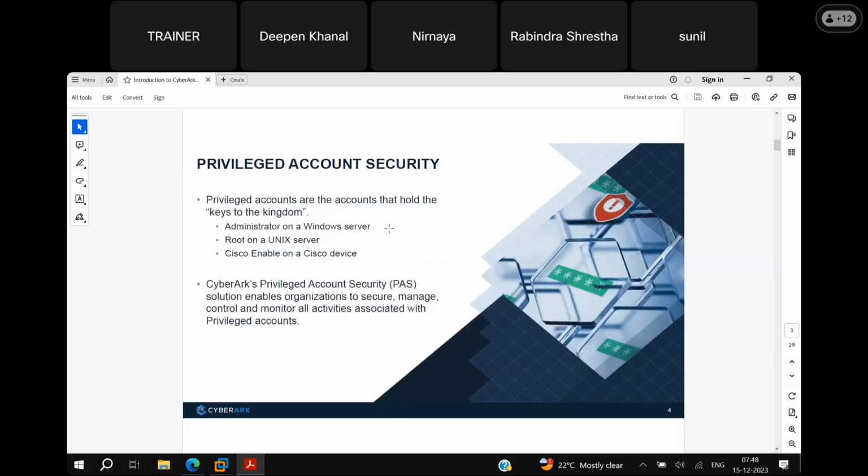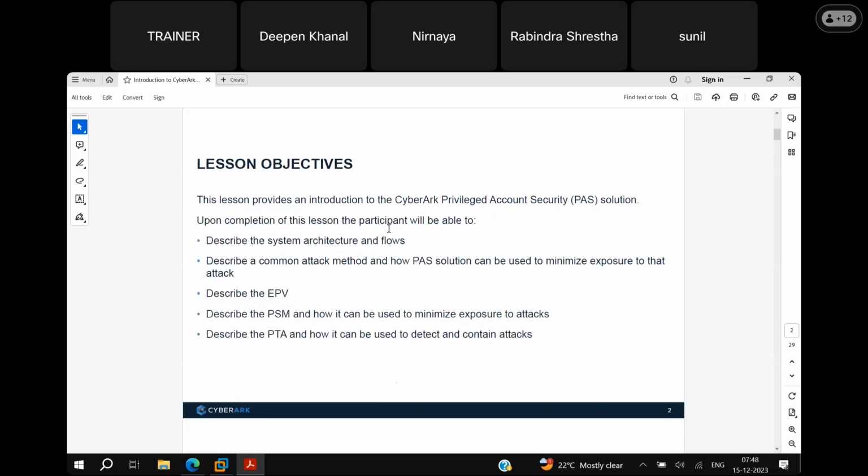So now we have seen privileged accounts. We discussed a Windows server. On a Windows server, the default privileged account name is administrator. Similarly, for SSH devices, if I talk about Unix or Linux servers, can anyone tell me what the privileged account on a Unix server is?